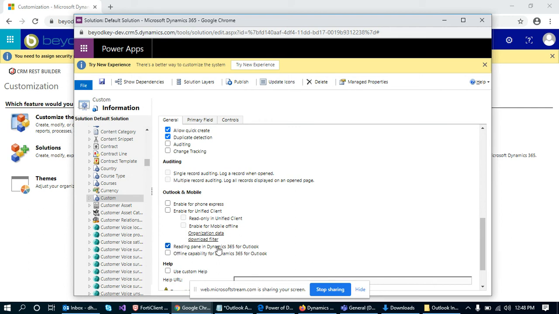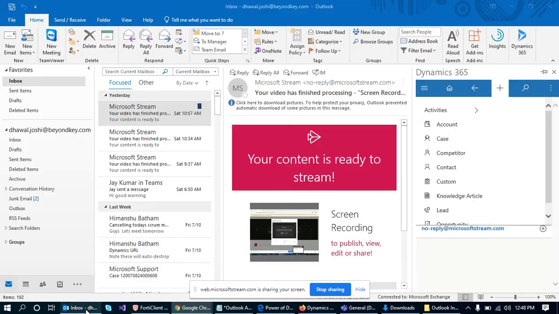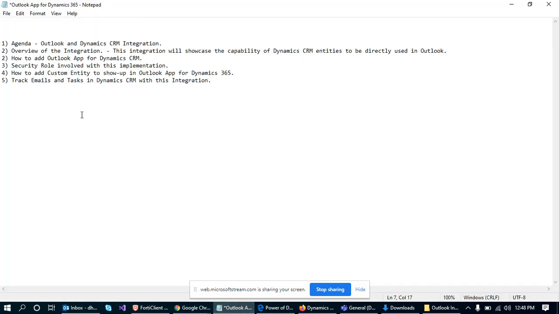Once we check these checkboxes, it will automatically enable quick create and it will enable the custom entity to be viewed in the Outlook app like this. So this is how we can make use of the Outlook app to add any kind of basic data through the quick create form, and we can sync the data or add the data from Outlook to Dynamics 365.